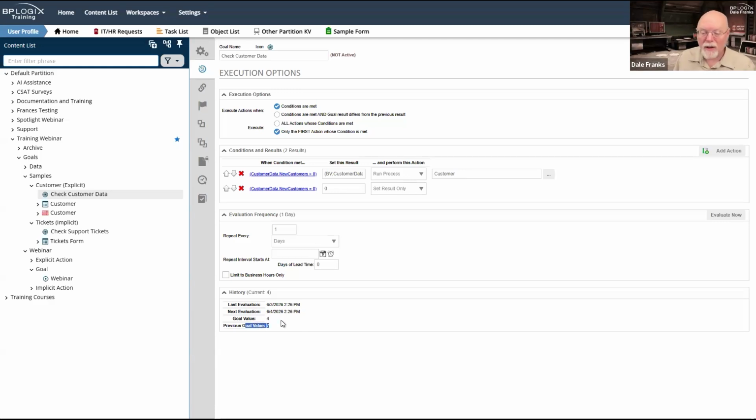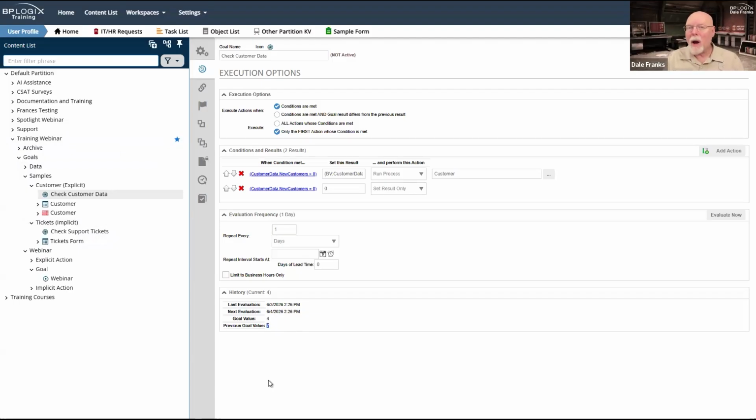And the previous goal value was 7. So if my previous value was 7 and I ran it again and the value was also 7, checking the second box means that the goal wouldn't run. And so the actions will only run if A, their conditions are met, and B, the current goal's value, whatever the result is from this run of the goal, is different than the previous run of the goal.